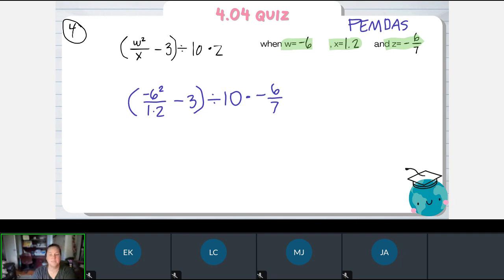All right, so we need to do what's in parentheses first, which is all of this. However, we can't start subtracting anything until we figure out this fraction. So we need to do -6 squared first. -6 squared is just -6 times -6, which is positive 36